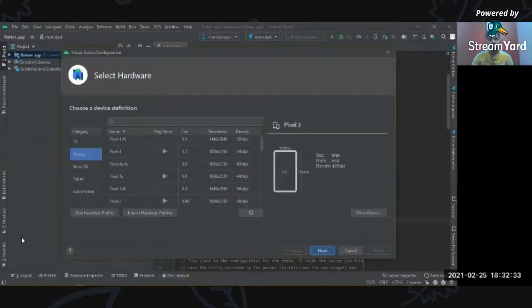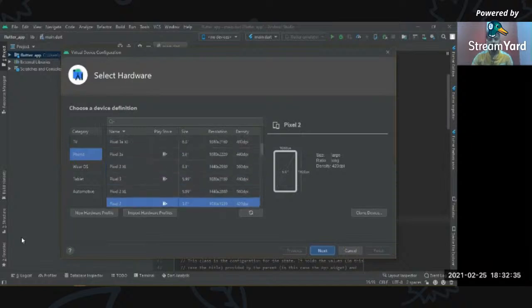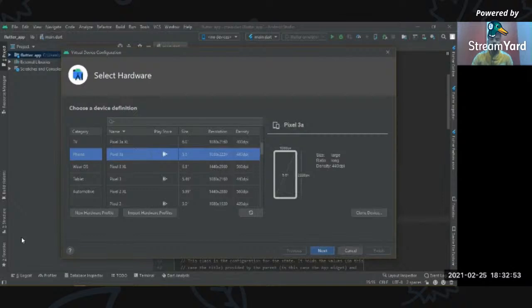You can select any phone, Pixel 3 or something like that, and make sure you configure it for the Android platform with the Play Store icon. Select that option only, so that all the Android features are with you and you don't face any issues in running your application.